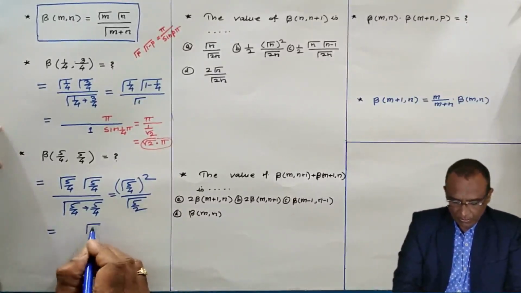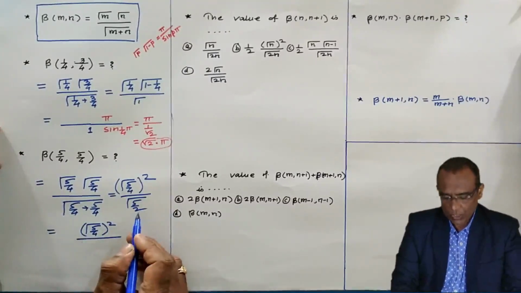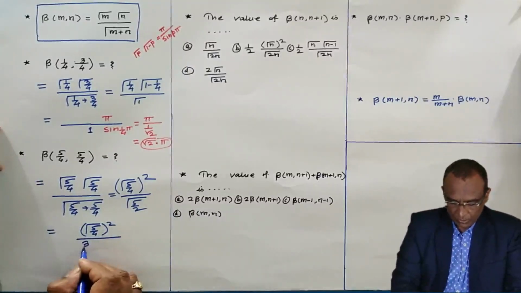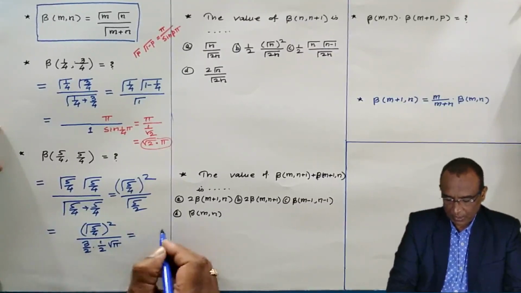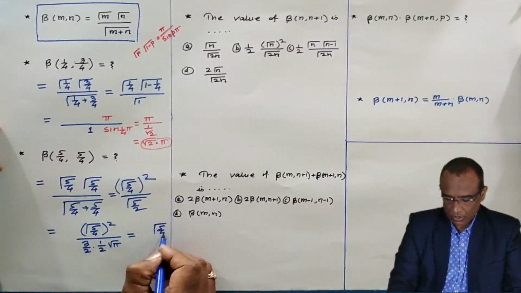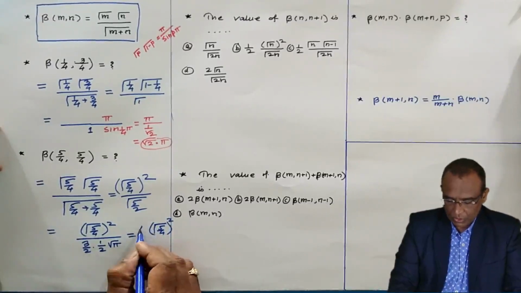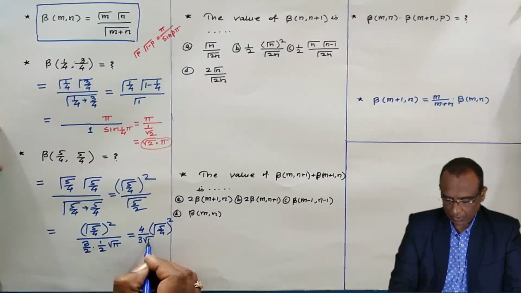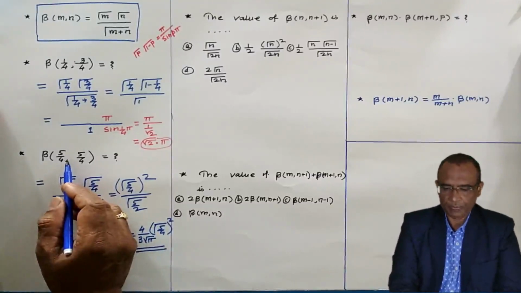Now gamma 5 by 4 squared we have to keep as it is, but the gamma present in the denominator can be resolved. 5 by 2 minus 1 is 3 by 2, as we have done many times. 3 by 2 minus 1 is 1 by 2, and after 1 by 2 by default we write gamma 1 by 2, which is root pi. The gamma 5 by 4 squared stays as it is. The 4 will jump in the numerator, 3 is in the denominator, and root pi is in the denominator. So this is the value of this beta function.